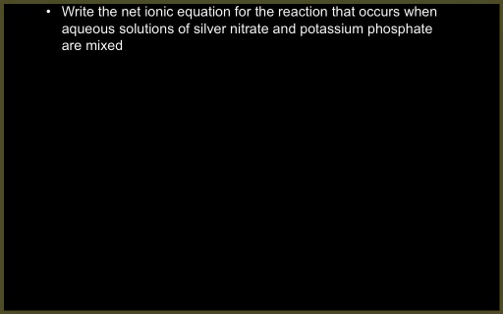Okay, so another example problem. This one I want to know what is the net ionic equation for the reaction that occurs when I mix silver nitrate and potassium phosphate. So just like before, I'm going to start with my silver nitrate, AgNO3, plus potassium phosphate,